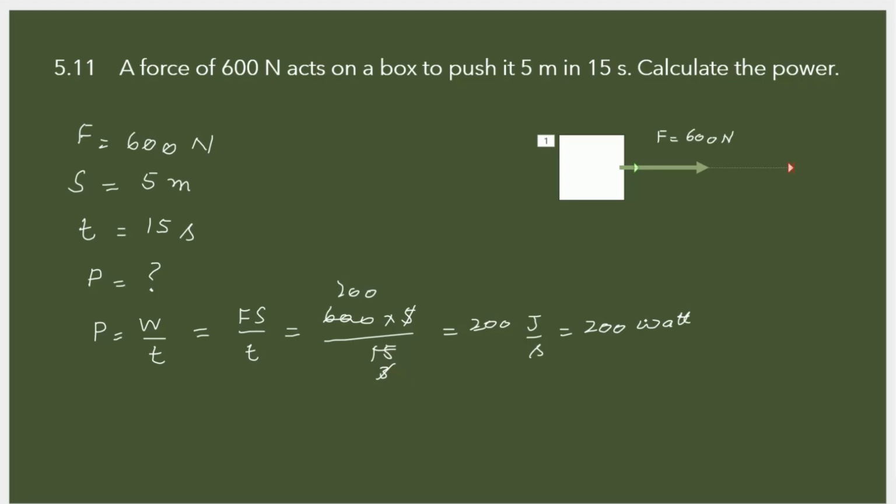For revision, I once again repeat it. Force which is acting towards the right, it is 600 Newton. The distance which it moves is 5 meter and the time which it takes is 15 seconds. We have to calculate power. The formula for power is work over time and work is F into S over T. Putting the values and after simplification we get that the power will